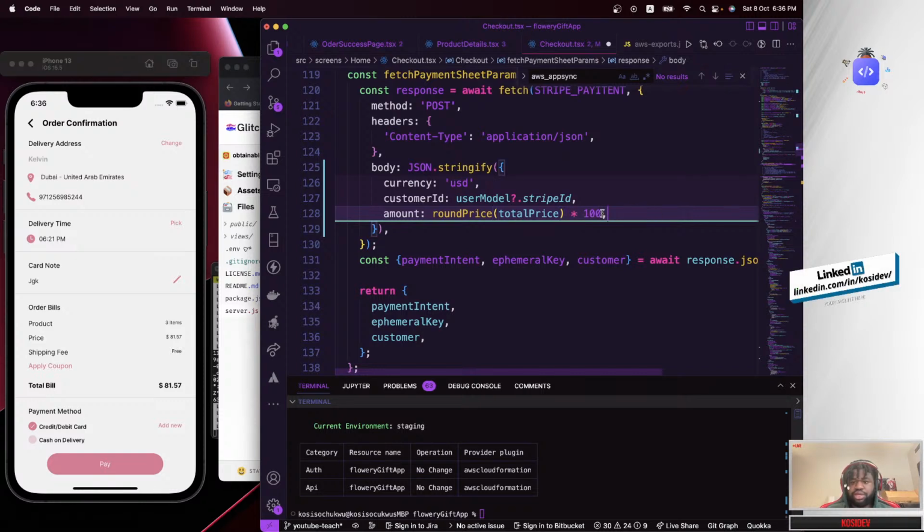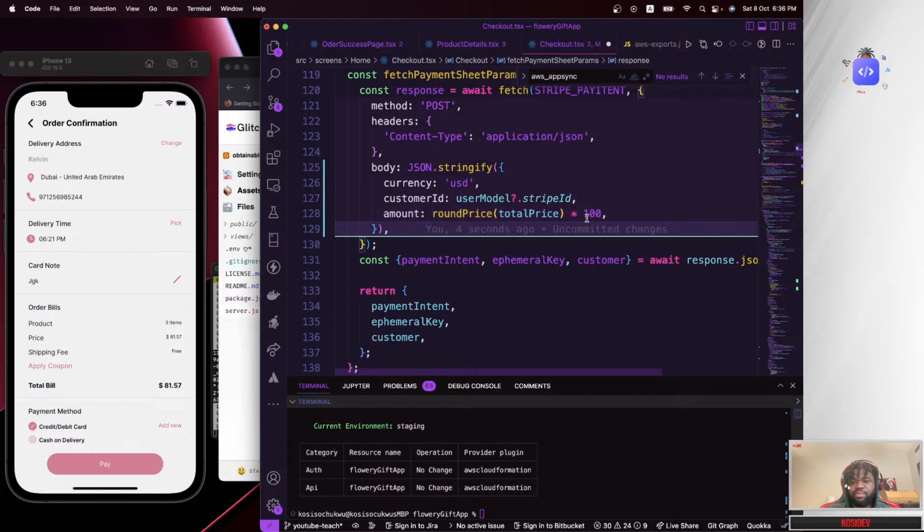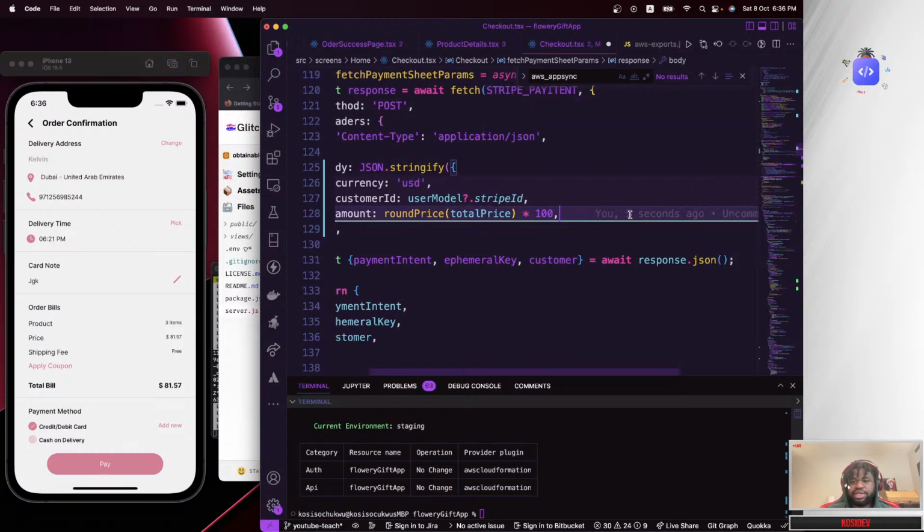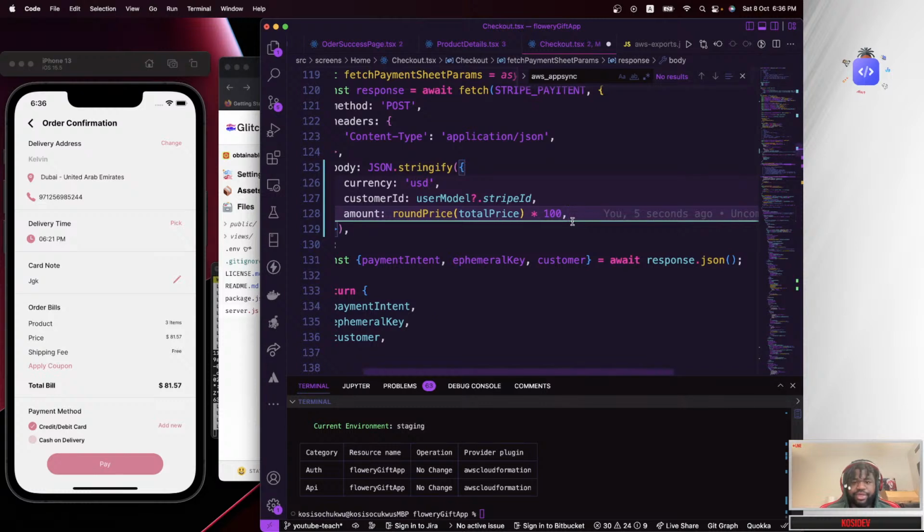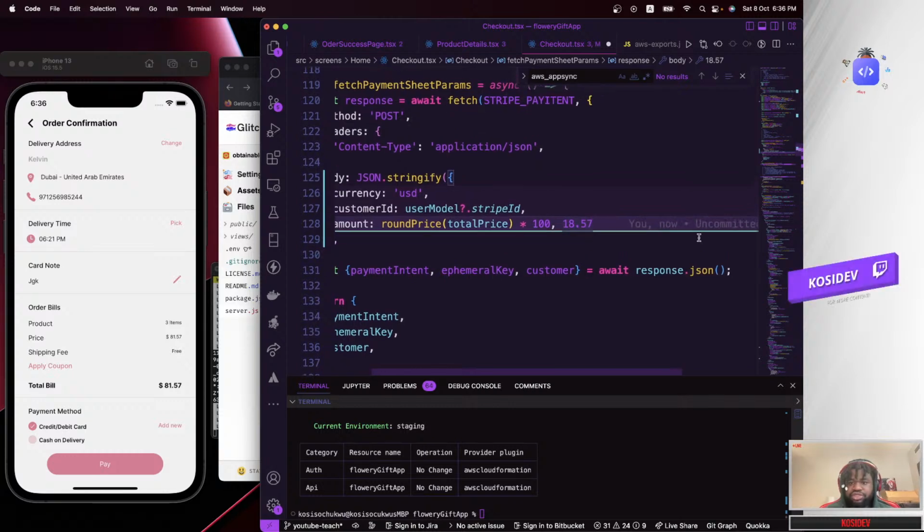multiplied by 100, because you have to multiply the amount by 100 to be actually used in Stripe. If you don't multiply that by 100, let's say the price that we have here right now is 18.57. If you actually send this to Stripe, what Stripe will charge your user will be 1.